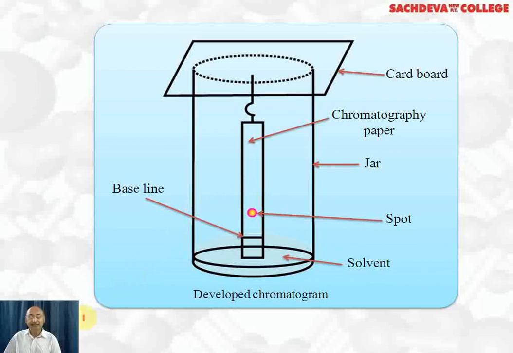We can find out whether the given substance is pure or not. We can even separate the components of colored substances. If you want to separate amino acids, which are colorless, we have to use ninhydrin solution. And if we want to separate aldehydes or sugars which contain an aldehyde group, we can use 2,4-DNP. That will make the colorless substance colored, and we will be able to separate them.